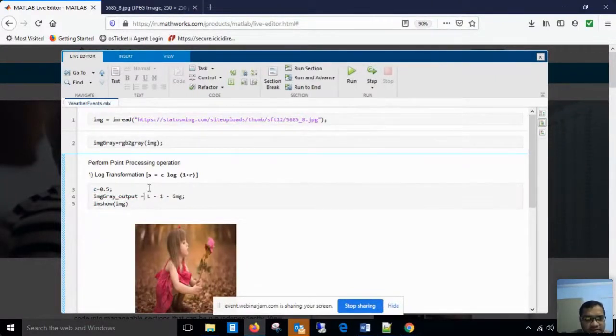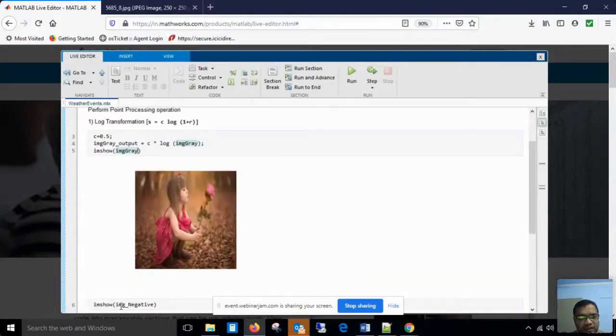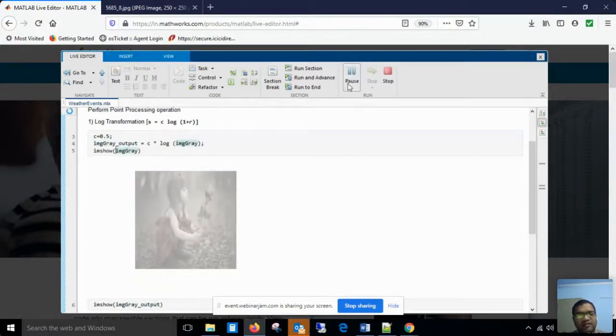Then this is C multiplied by log and then R. So R is being represented by IMG gray. Fine. So when you execute this, then you will find that there is some error. I just show you. So I am showing the actual grayscale image and IMG gray output. Fine. So I execute this.